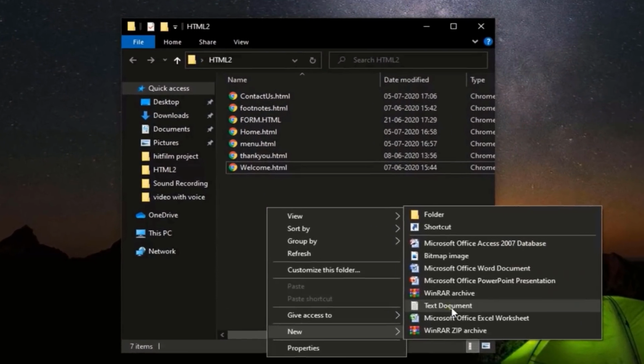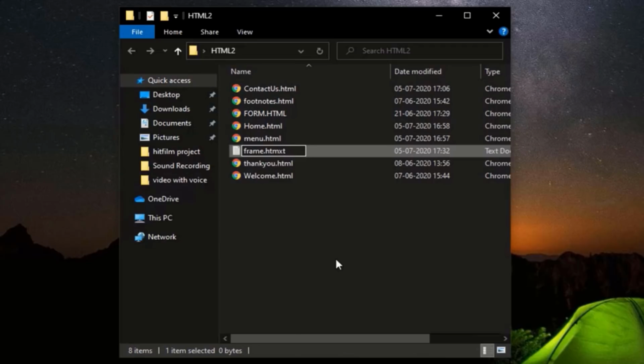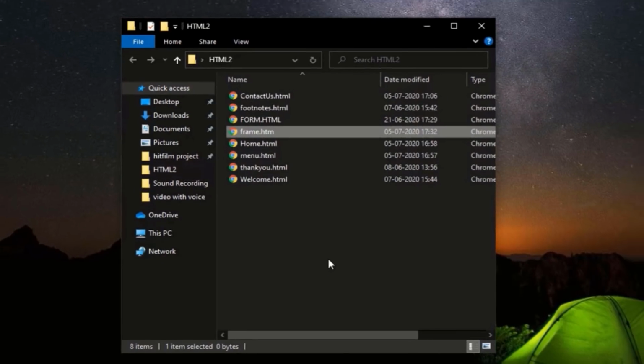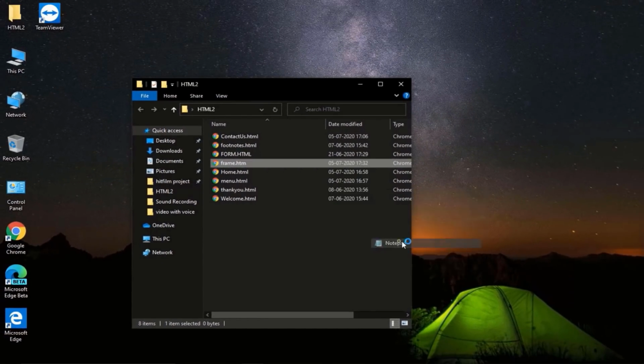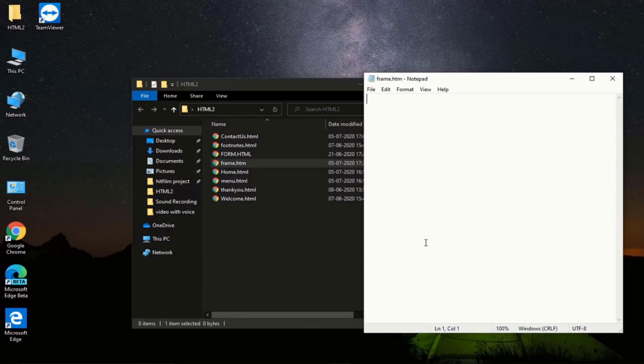Now we are going to create an HTML file named frame.html. Open that file in Notepad. Now create the basic structure, that is html, head, title, but don't create any body element. Frame does not require any body element.